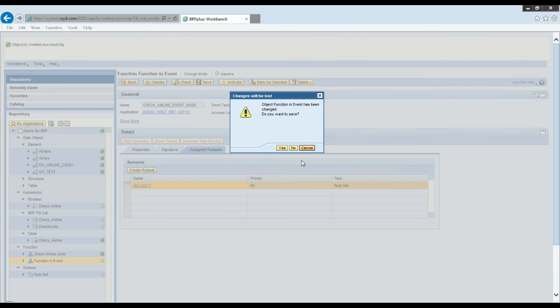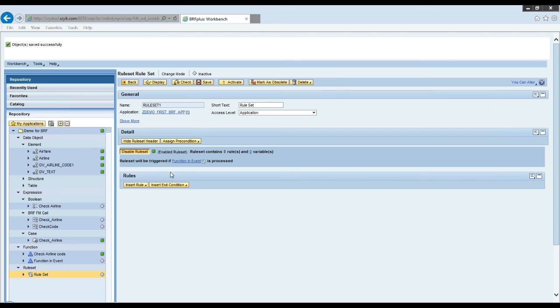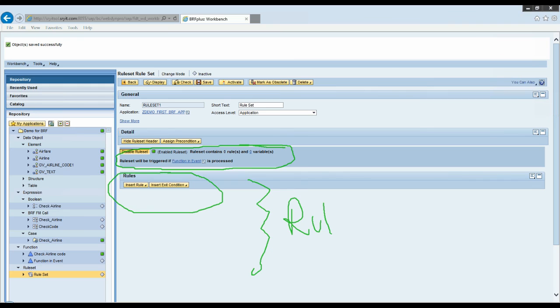Create and navigate. Say yes, I want to navigate to the rule set. Great. So you can see the header data. There are two sections of a rule set: this is the header section, and this is the body section. In the body section, we will specify the rules to be executed, all the rules which you want to run.